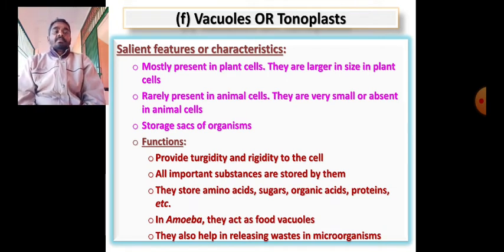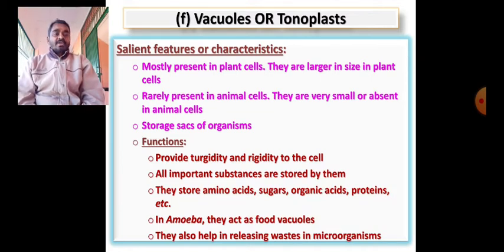Now let us see the basic salient features or characteristics of the vacuoles. Vacuoles are mostly present in plant cells, and they are very big in plant cells. In some plants you can find about 90% of the cell size is only vacuole. They are rarely present in animals. If at all they are present in animal cells, they are very, very small, tiny. That's the reason that when we jump into water, immediately we drown, no? Because our body becomes heavier. But a wood log which is heavier floats because of the vacuoles present in it.